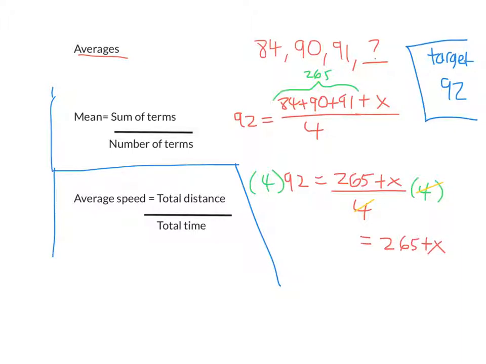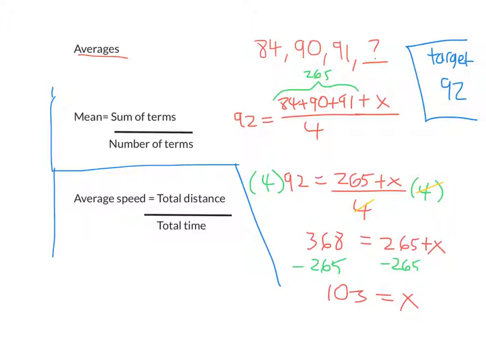92 times 4, 90 times 4 is 360. 2 times 4 is 8. So we're looking at 368. So that's a little mental math. Use your calculator if need be. Subtracting 265 from both sides. Let's take a look. We end up with x equals